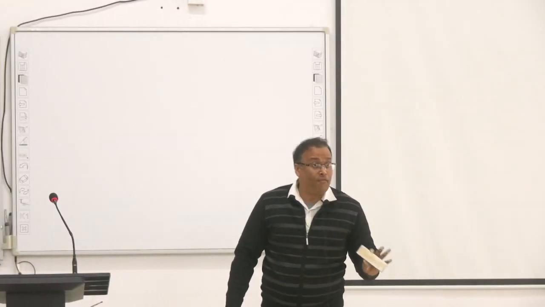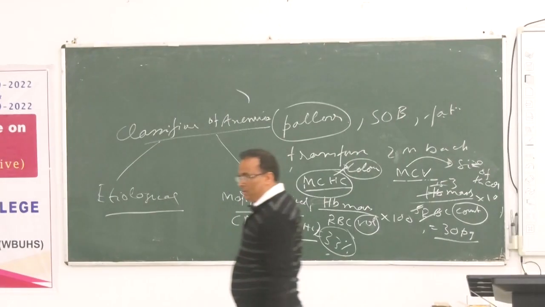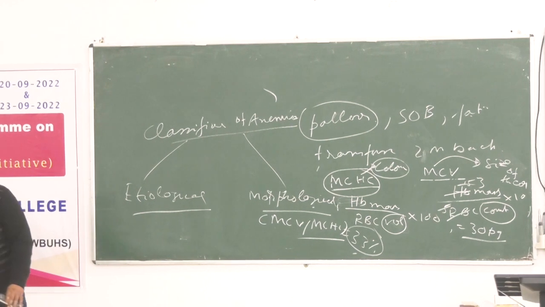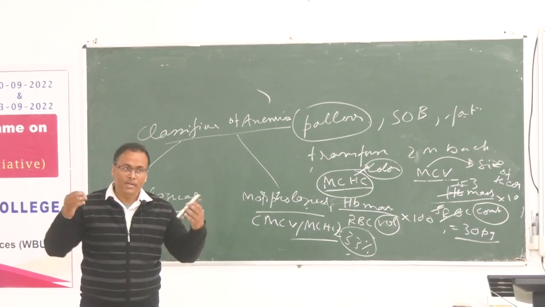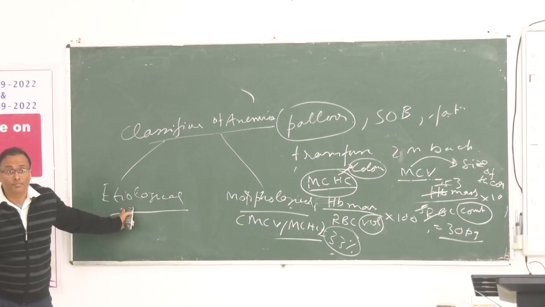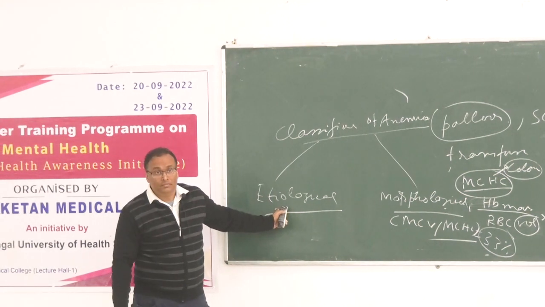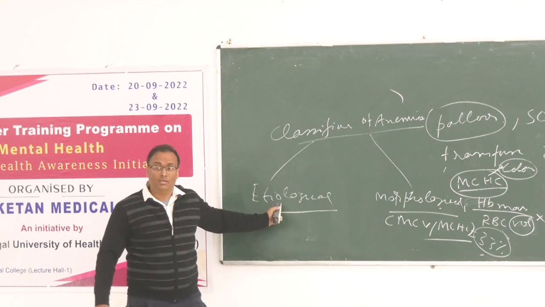But in case of etiological classification, you will tell me: RBC formation will be hampered to cause anemia. How will it happen? How can I think of the etiological causes? How? You will tell. Say it, don't say it wrong, what is there?